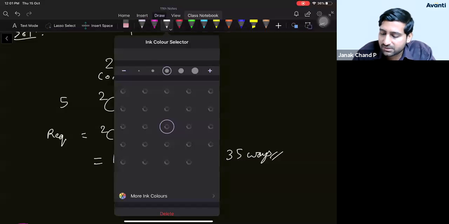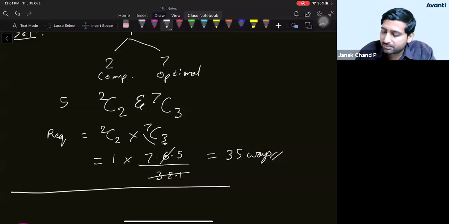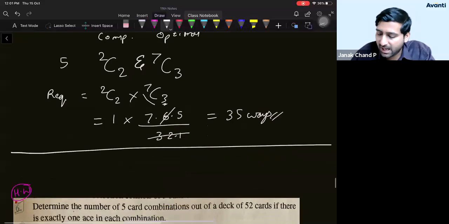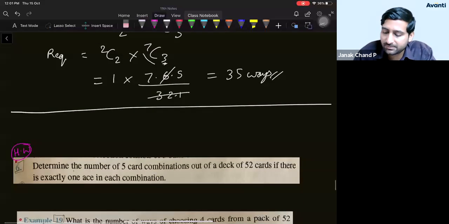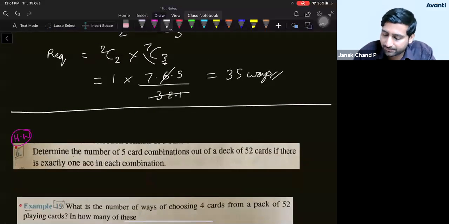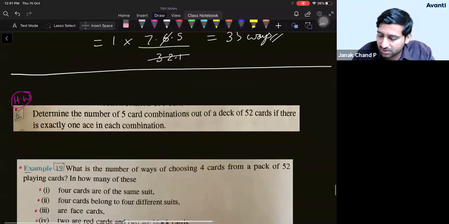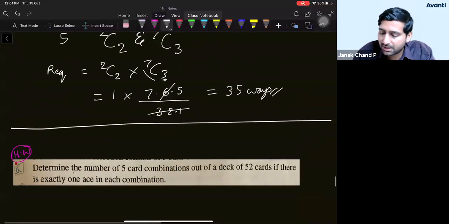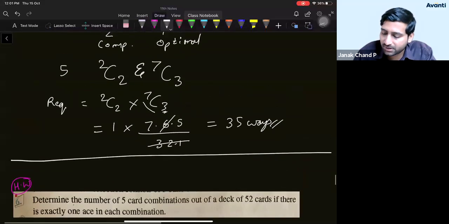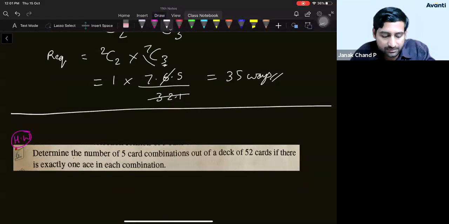Okay, fine students, I think that it's time up. But before leaving you guys, I have a question for you which is exactly similar to this, which you can try today. Okay, the remaining questions we'll solve tomorrow. So this is a compulsory homework for today. Okay, do this question compulsorily today. And the rest of the questions you can do tomorrow from your NCERT textbook.